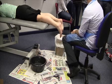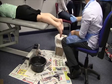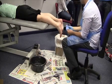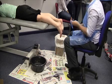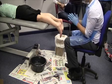Sometimes it's quite good with children, or if you have clawing digits, you might want to elongate the foot slightly. You can do that by suspension casting, so you hold the 4th and 5th toes. The issue with that is if you've got quite a heavy patient, you can get fatigued very quickly, especially if it's a slow drying plaster like this plaster that I'm about to use. So,